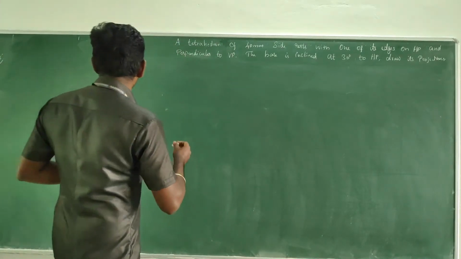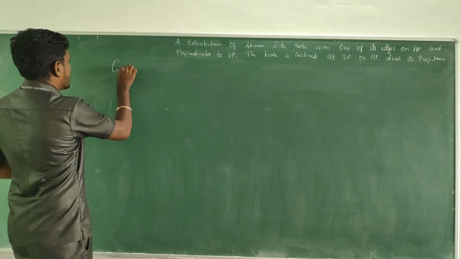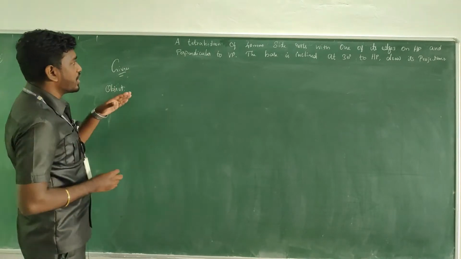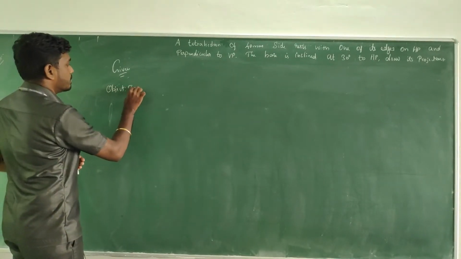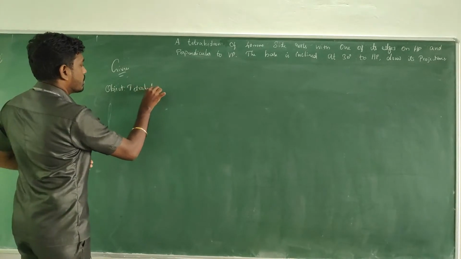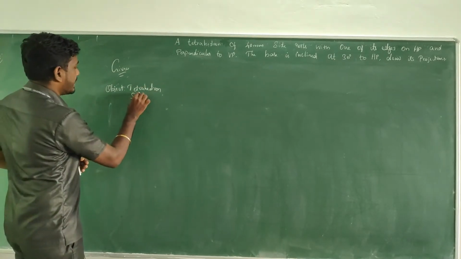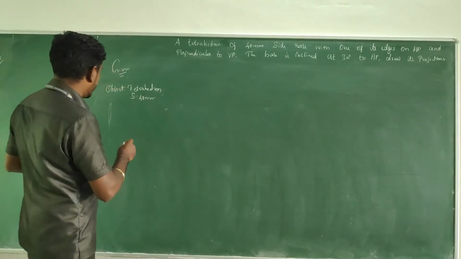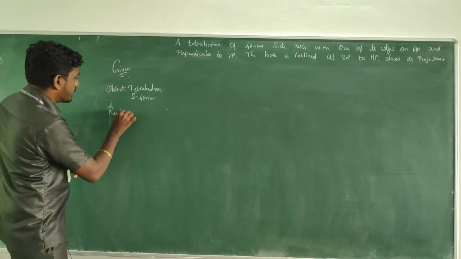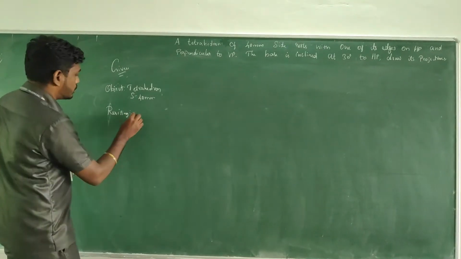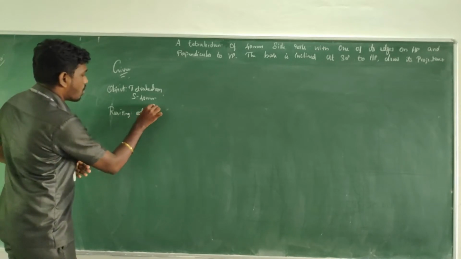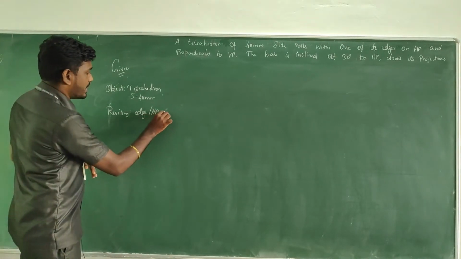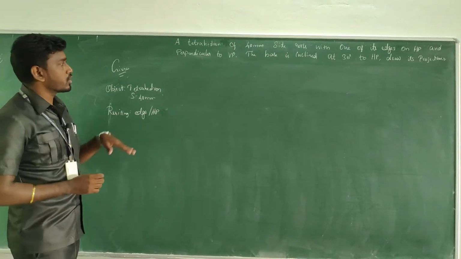Okay. So first of all, try to take all the given data. What about the object? The object given in this question is a tetrahedron. What about the side? It is given as 40 mm. Then move to the next detail. Resting: how is it resting? Resting with one of its edges on HP, and that particular edge is perpendicular to VP.